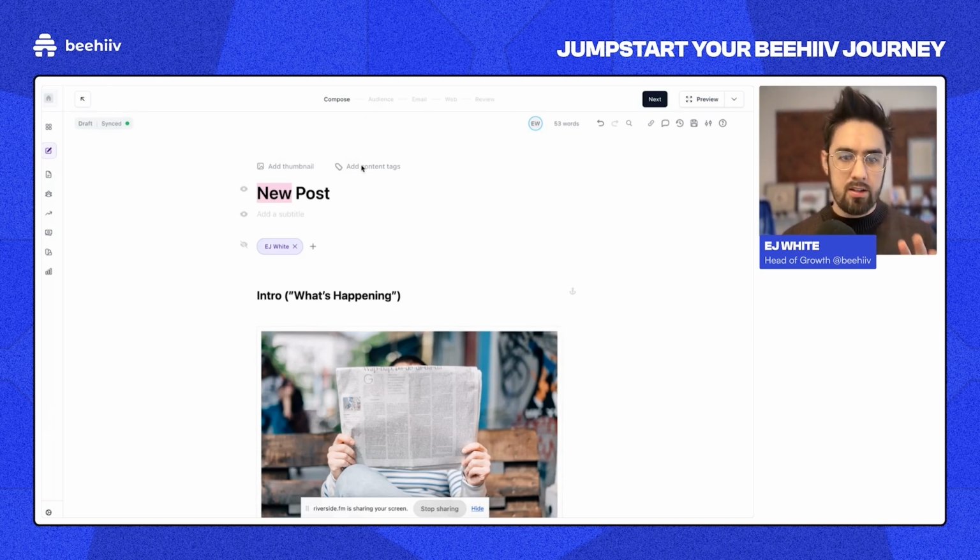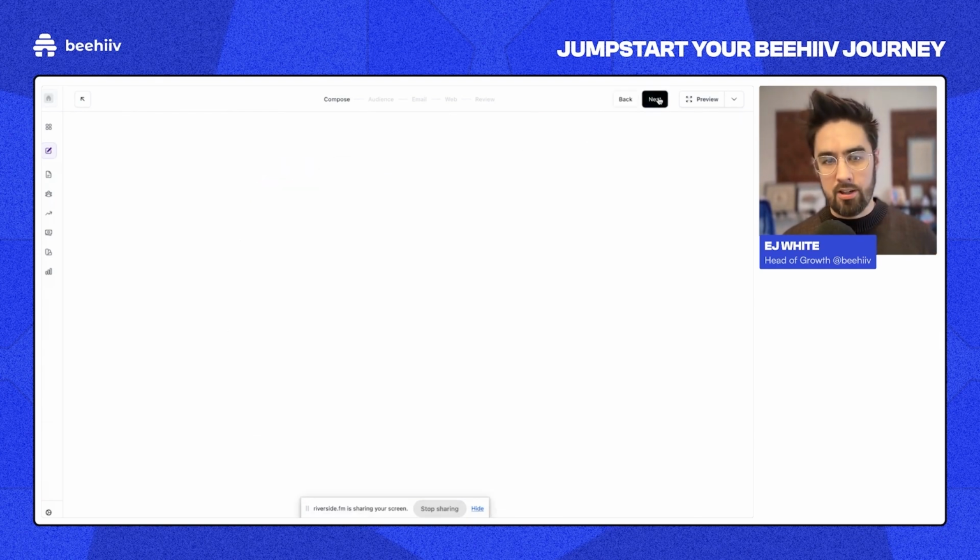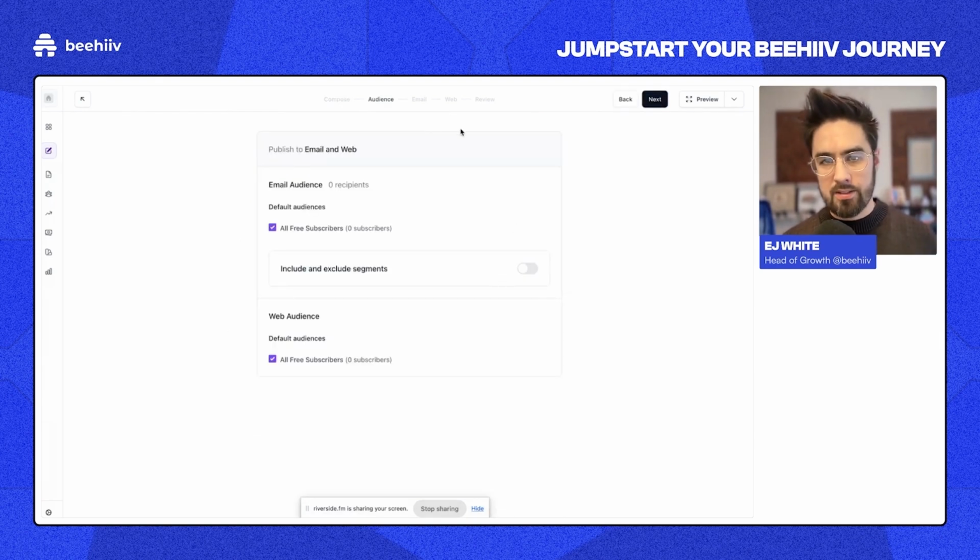So once we're ready, we have the content written, we've added a thumbnail, we've added content tags, we're ready to send. So we're going to hit this next button at the top. You can also click directly on these buttons. The next step is to identify the audience. So by default,